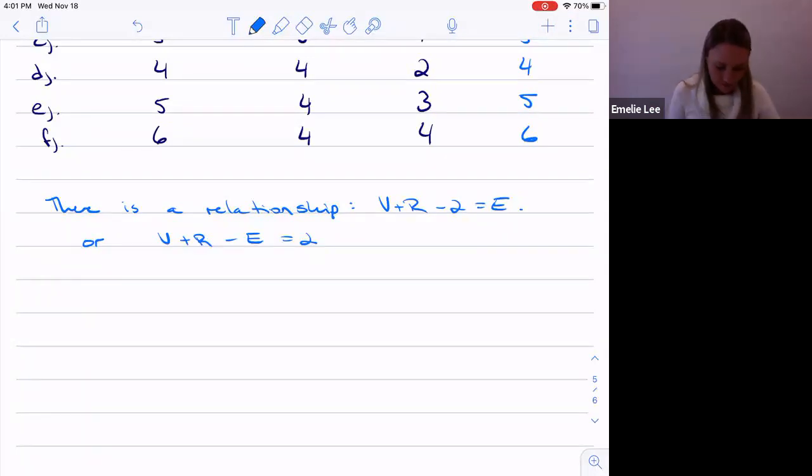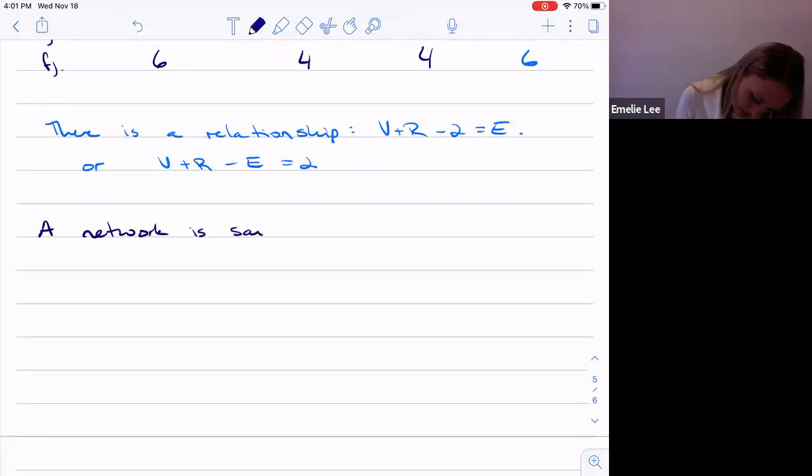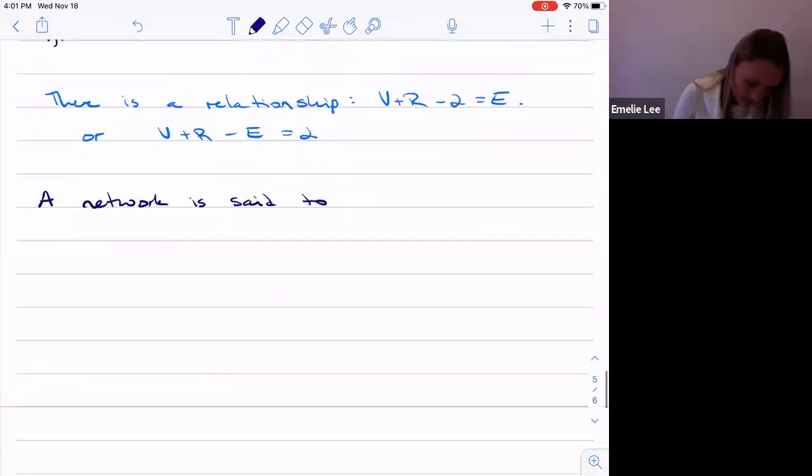All right. We're sort of close to solving this problem. First thing we have to develop is this idea of traversability. So a network is traversable, or can be traversable. A network is said to be traversable,